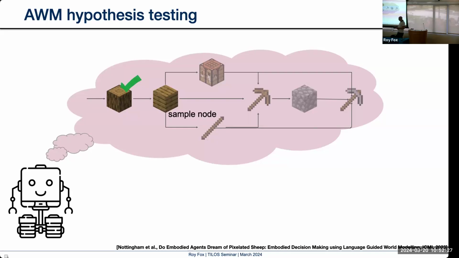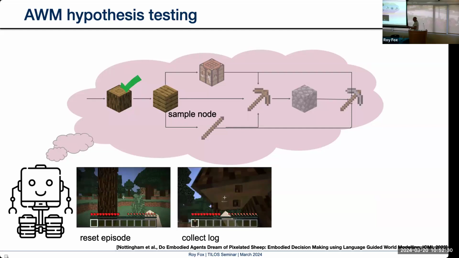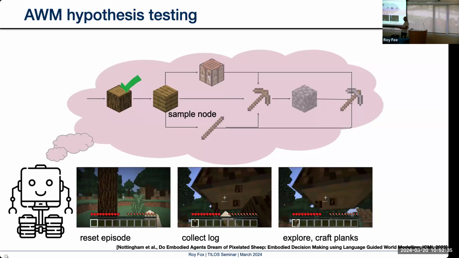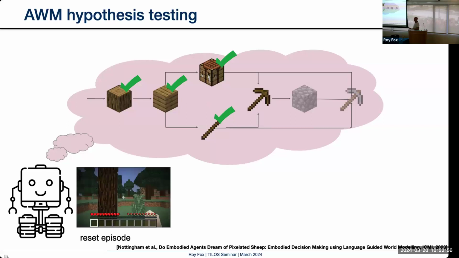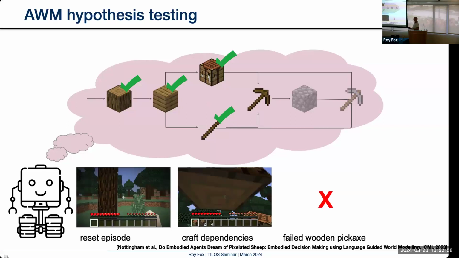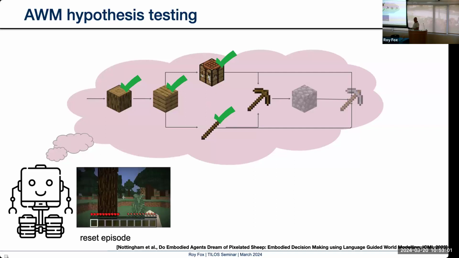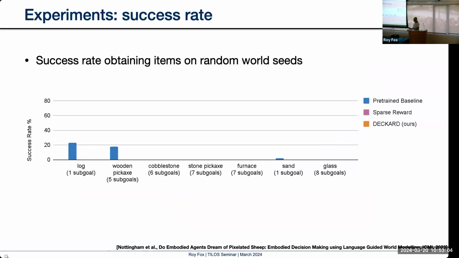What about planks? Can we do that now with logs? So we're going to go out, we're going to collect logs first. And now can we make planks? Well, if we succeeded, then yes, now it's verified, and so on. And there's actually going to be a mistake here, where we cannot make this wooden pickaxe just from planks. We need the table and the stick. So we falsify this hypothesis of the language model. But there's another one that we can discover, and so we can recover and make this pickaxe, and so on and so forth.